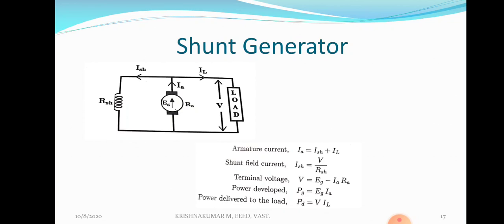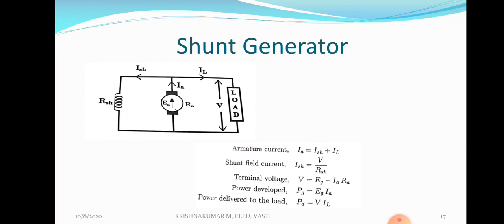Here, armature and field winding are connected in parallel. The field winding is in the stator and the armature winding is in the rotor. Both are connected in parallel, and the load is connected across this parallel circuit. In short, field winding, armature and load are connected in parallel. As in the earlier case, in this case also brushes are fixed on either side of the armature. In this figure, the thicker portions are brushes. So two brushes are placed on two sides of the armature.